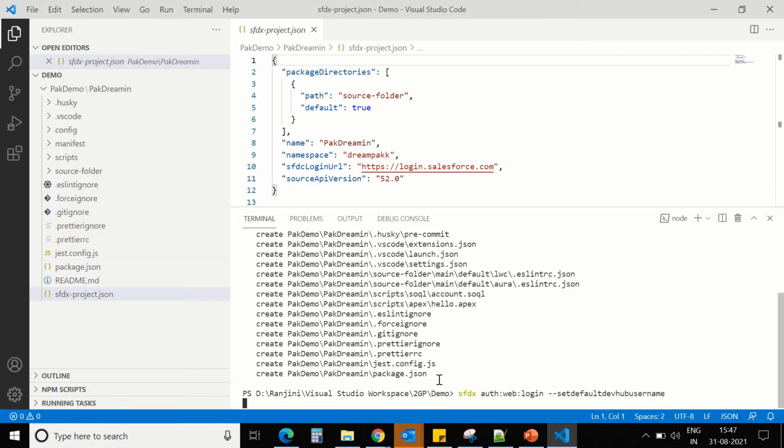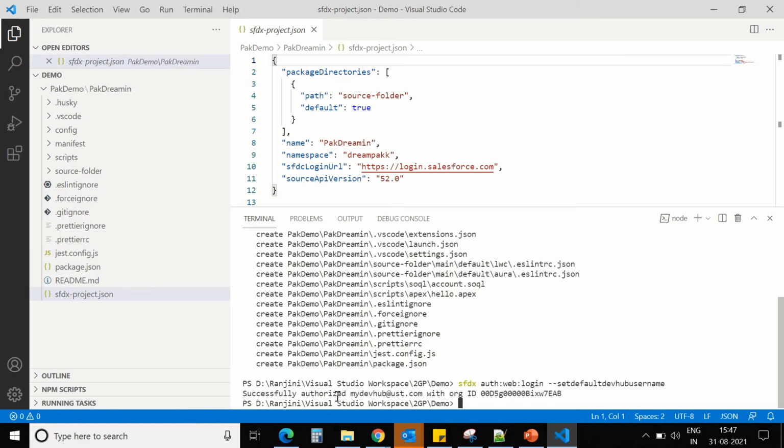And you can see the message that it is fully logged in.